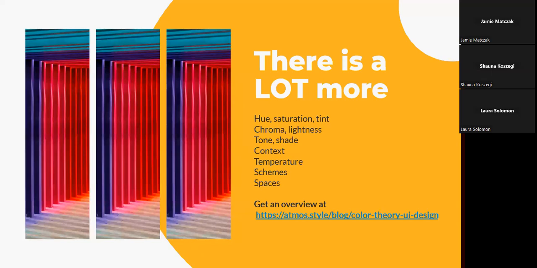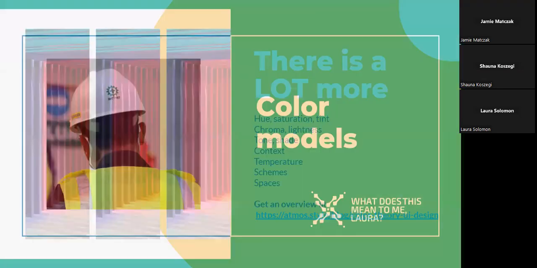So for those of you who are color theory nerds, this is a great place to find out a lot more. I've got the URL there if you want to grab it, or I think you'll get the recording or the slides later. This is way more than you will probably ever need unless you work very heavily in color, and maybe print may have some more of this. Digital does have some of this, but not all of this. So I don't want to overwhelm you. I just want you to be thinking along the lines of combining colors and how people perceive those colors. That's really what we're about here today.